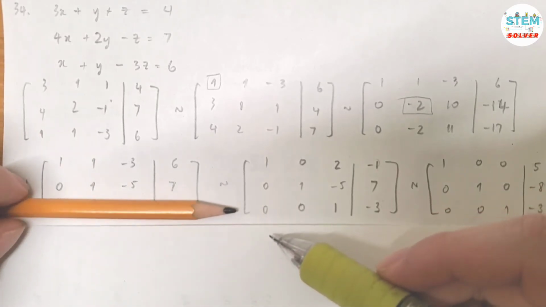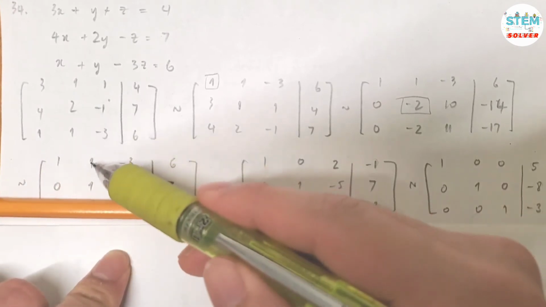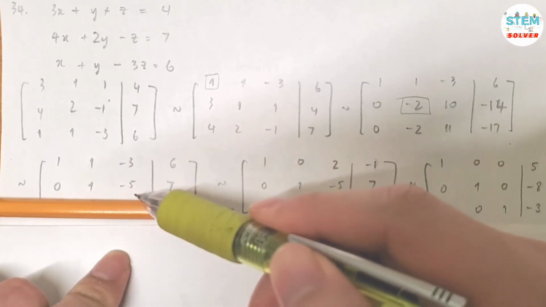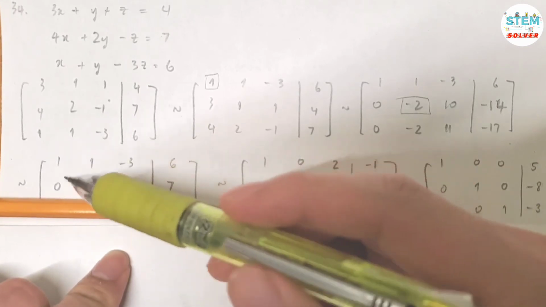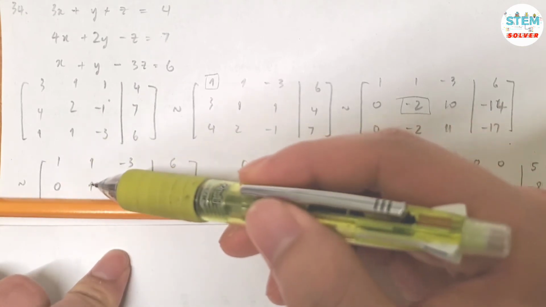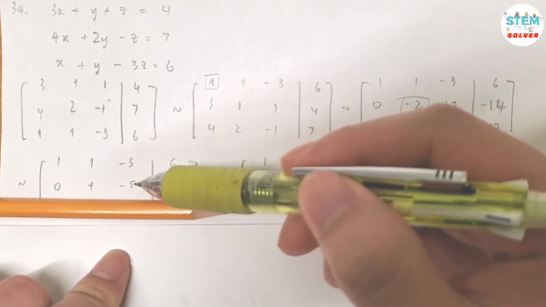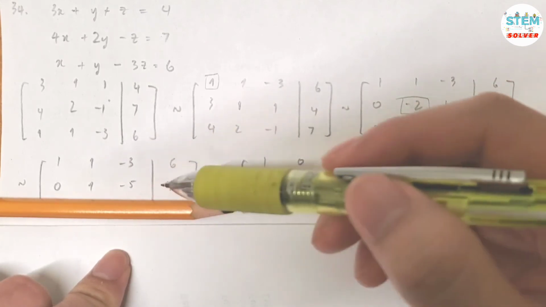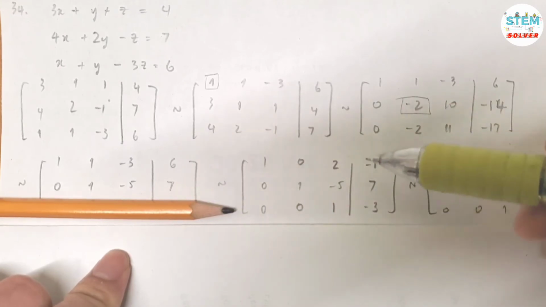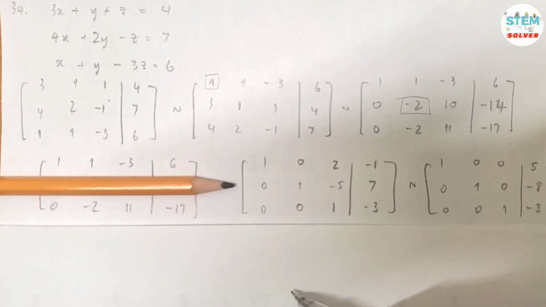So let me do the first row first. I need to make this become 0. So how? You just multiply the second row by -1 and add it onto the first row. -1 times 0, 0 plus 1, 1. -1 times 1, -1 plus 1, 0. -1 times -5, positive 5 minus 3, positive 2. -1 times 7, -7 plus 6, -1. Of course, rewrite the second row. Now for the third row,